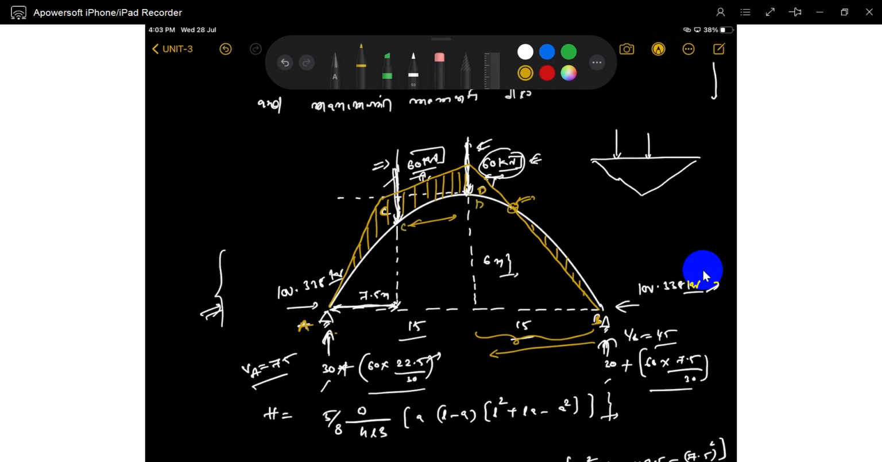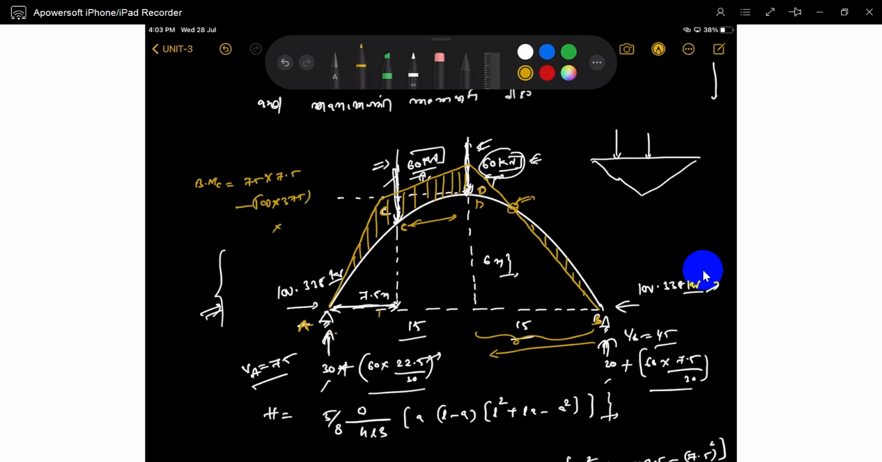The bending moment at location D. Can you find it out? Easily. What is the bending moment at C? It is 75 multiplied with 70.5, exactly. Minus 100 into, so 100.375,